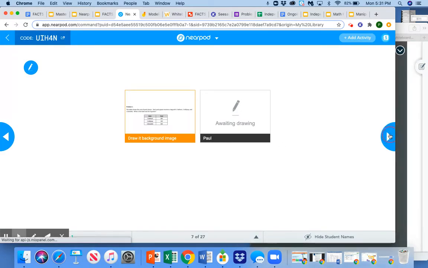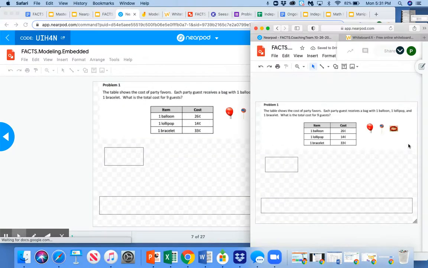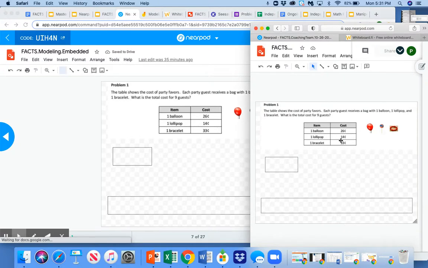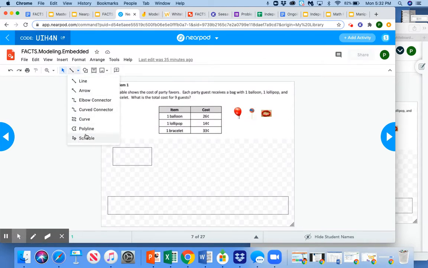And I'll move to the next slide. This is a Google Draw embedded in a Nearpod. So what the student is seeing is over here. They're seeing exactly what I'm seeing. They're working through their student Nearpod, but I can now model here. So I can use a drawing tool,